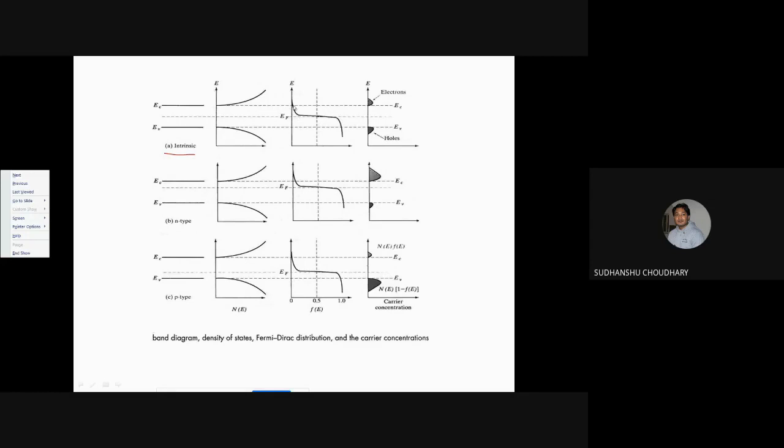So the Fermi distribution function for electrons, for example, in the conduction band says that the electron concentration may be maximum somewhere here in the conduction band, and then it decreases to 0. It becomes maximum near the conduction band edge, and then it decreases. That is, higher states don't have electrons. Higher states are empty.